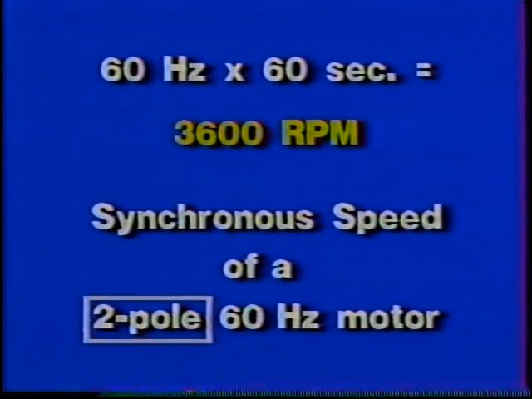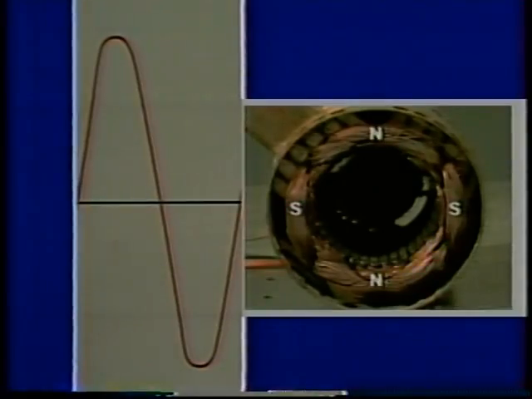So the synchronous speed of a motor depends on the frequency of the AC. But it also depends on the number of poles in the motor. In a four-pole motor, each rotor pole must move from one stator pole past the next and on to the next for every AC cycle. The rotor poles must make half a complete turn, and the synchronous speed of the motor will be half that